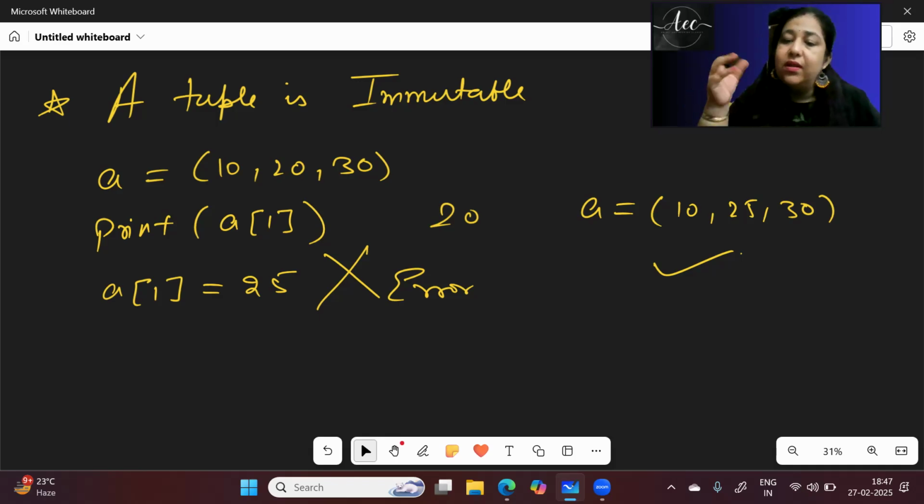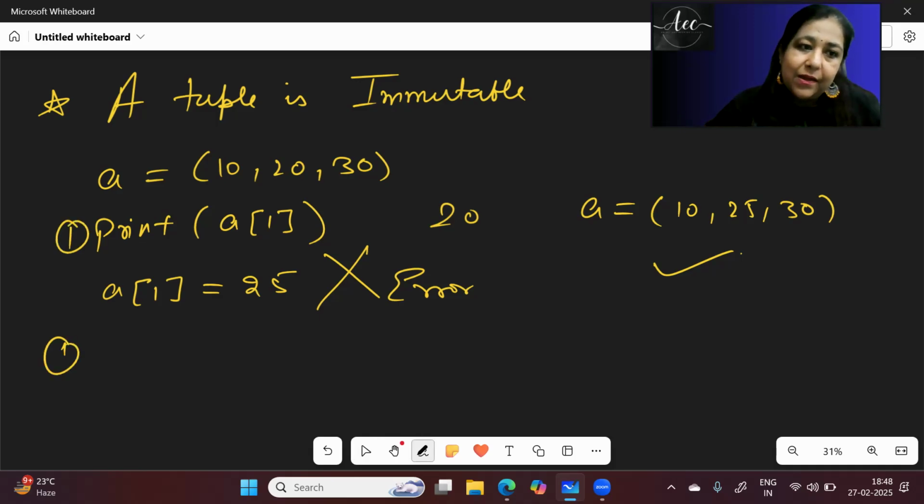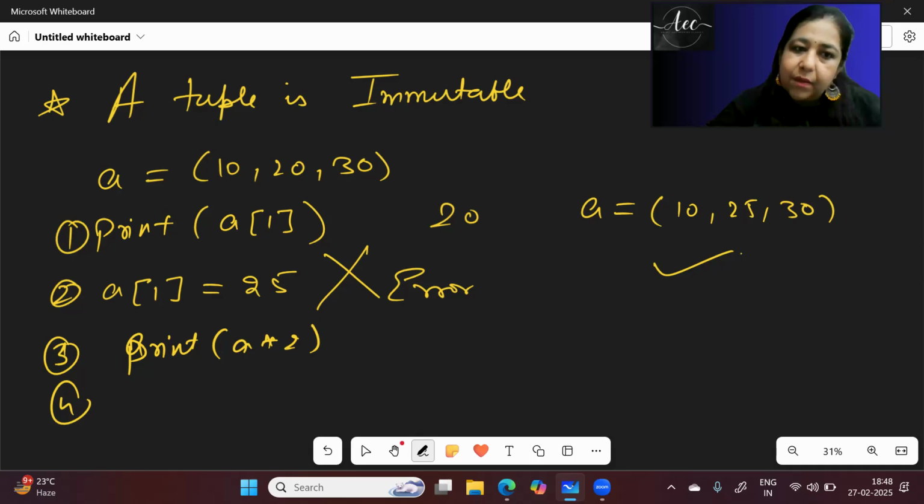Again, you get this question in the exam. Since you've given two pre-boards already, and even if you've not, if you see the PYQs, you will see that there is a question that has been asked again and again, where they say that the following are a few statements about a tuple, and you have to find out which statement will generate the error. So they will give you statements like this only. Let's say this is the first statement, this is the second statement, this is the third statement. They've given some statements and they ask you in which statement you will get the error. So we will get the error in statement 2 because assignment is not possible. Okay, so these are some of the basic things about